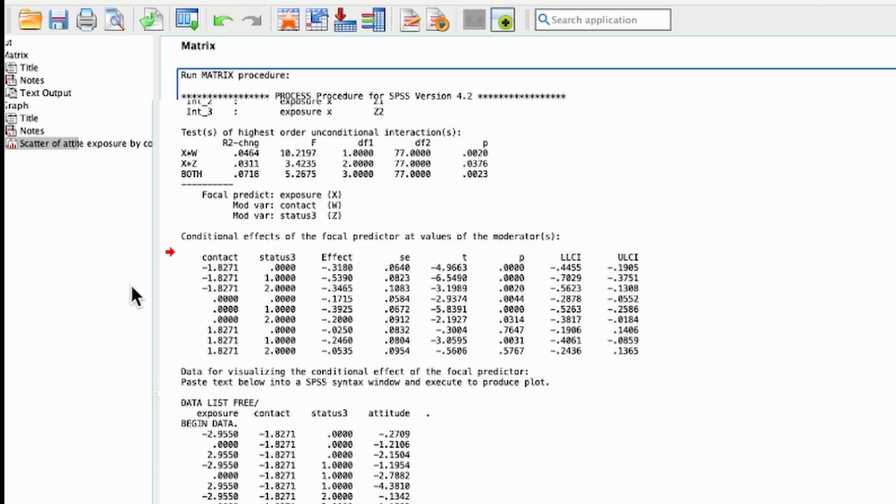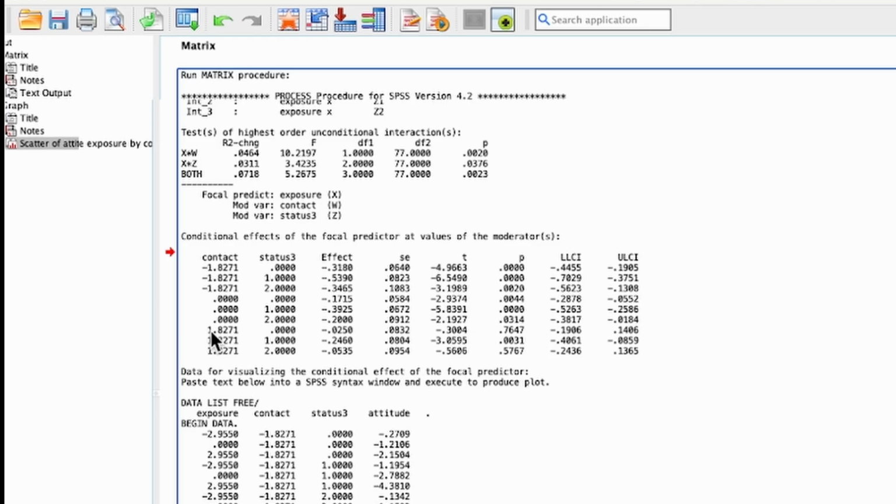And what we see here is at the low levels, minus 1.8, so that's 1 standard deviation below the mean of the average contacts for the non-smokers, the former smokers and the smokers. We see the effect at that specific level, and we see also that effect being tested with the upper and lower limits. We see the same for the average amount of contacts for the 3 levels of the smoking status,